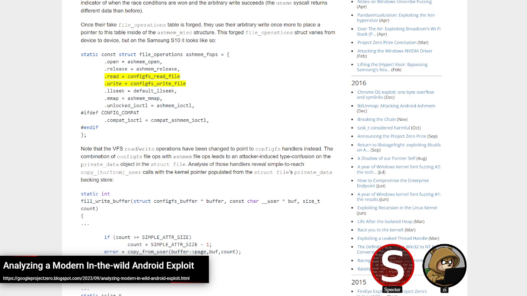I'm not sure about that, and I don't know if this is going to answer it exactly, but they do corrupt it before use, because ashmem stores a pointer to an FOPS that then gets used to create the FOPS for the actual file when you open something.